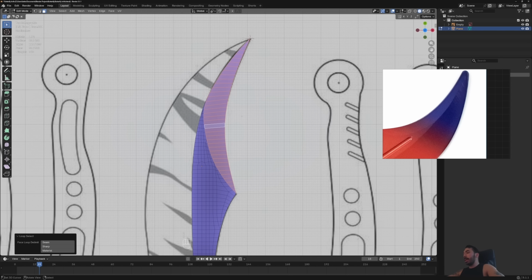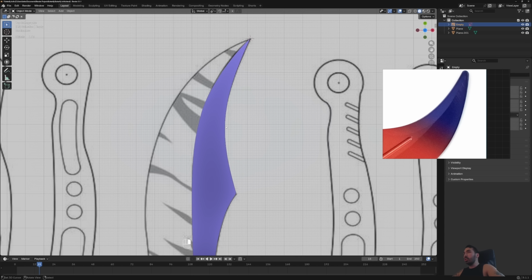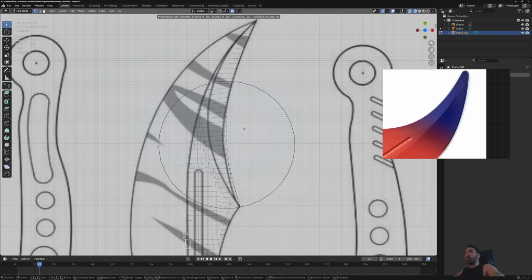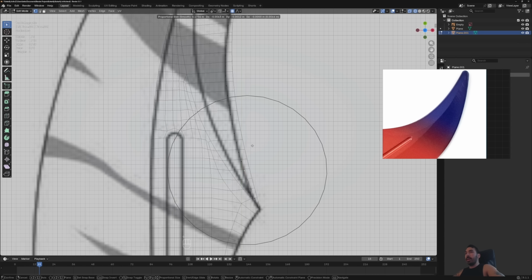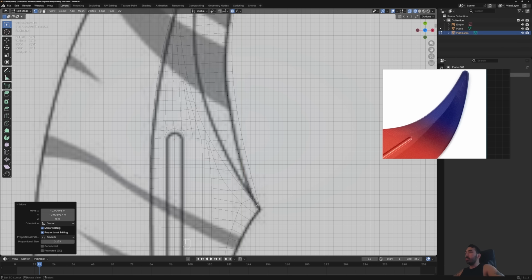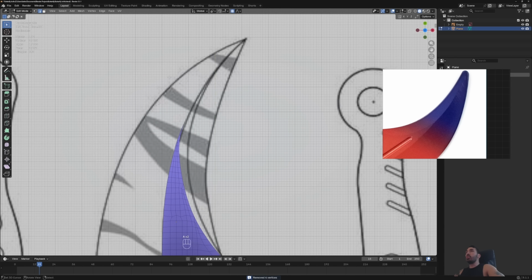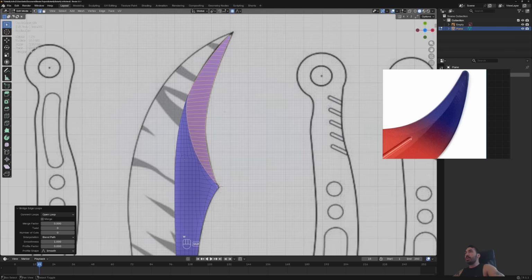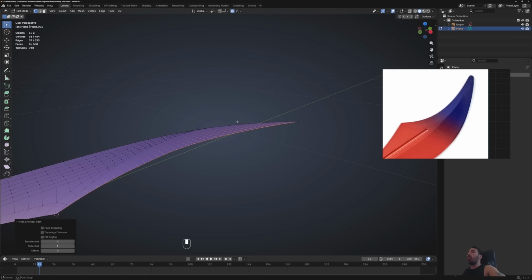So I'm thinking maybe we can take this whole thing, or at least the curve on the outside, we separate it by selection, and we just use a little bit of proportional editing to change the shape. So with proportional editing we just move some of this geometry inwards a little bit more, and that should get us to where we want to be. And then we merge these curves back together. We're going to use our bridge edge loops tool to connect all these edges out here. So W bridge edge loops,